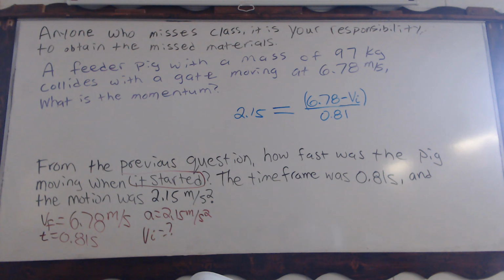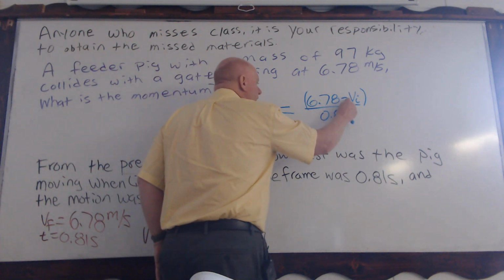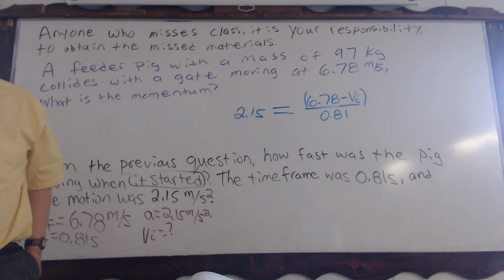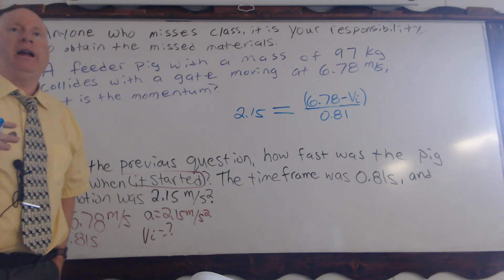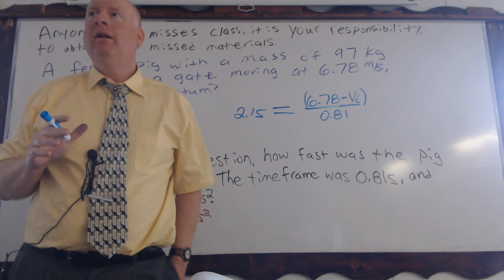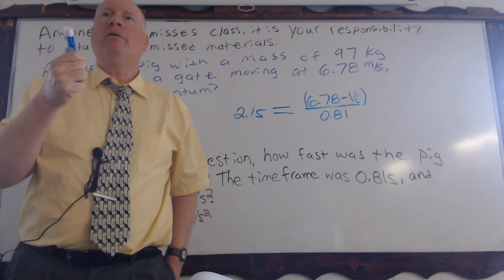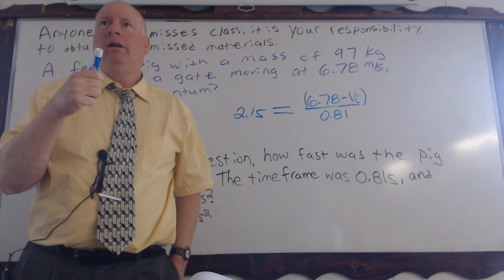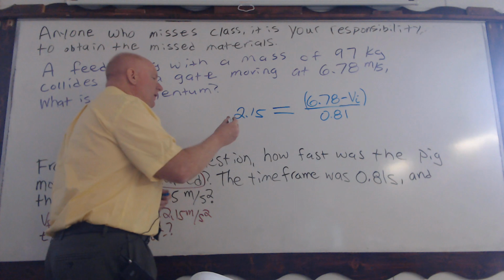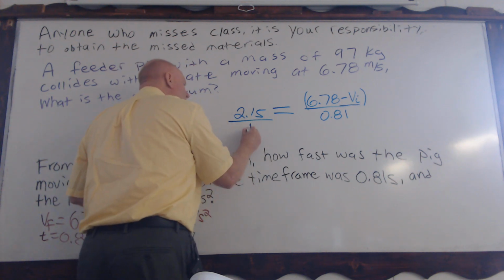You're looking ahead. So we're going to do some foreshadowing in here. It's going to be a little different because there's a negative value in front of that VI, but we will take care of that in just a moment. Okay, we said we don't like fractions. How can we get rid of this fraction? What have we been doing for probably the last 5 days maybe? And when you do that, why is that important? Are we changing the value of 2.15? No, it still has a value of 2.15.